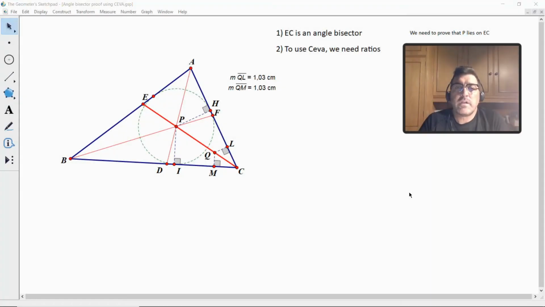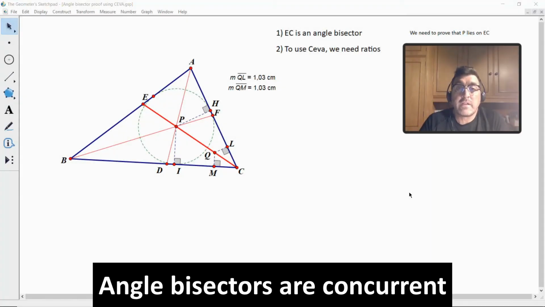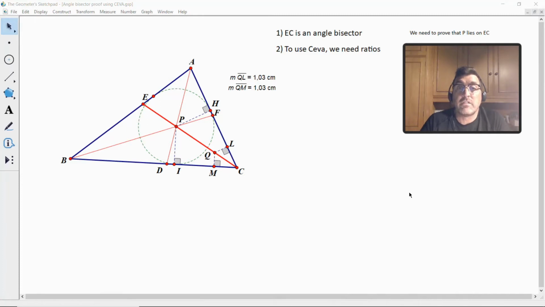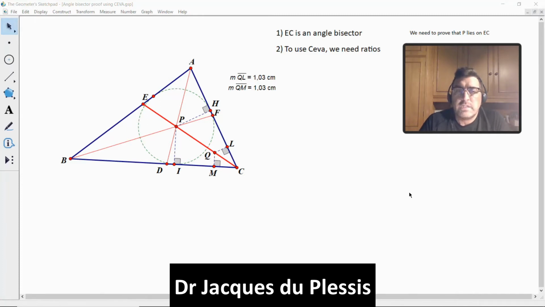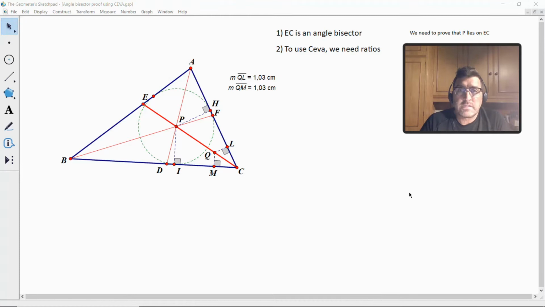Okay folks, we are going to prove that the angle bisectors in a triangle are concurrent. Now, to be able to prove that, I've done a little construction here for us. Let me just discuss this with you in Sketchpad. I've drawn the angle bisector AD that bisects angle BAC, and I've drawn it in a thin red line, and